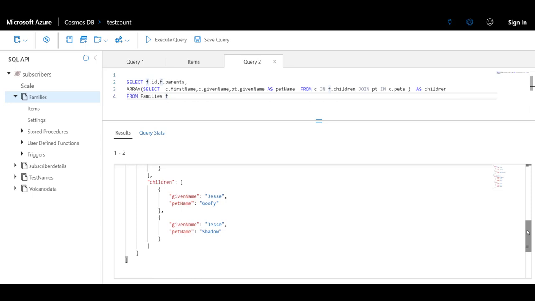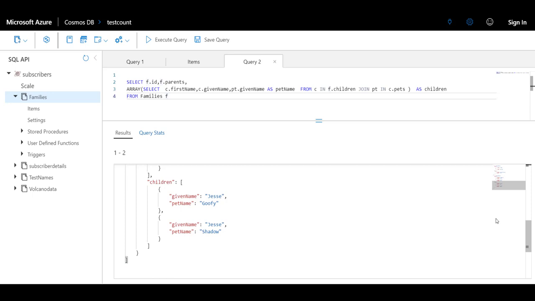So in this case, we are actually flattening out the nested pet details within the children and bringing them as flat nodes. Each node consists of the value pair of the child's name along with the pets that they rear. The usage of the array function in this scenario is to bring the list of nodes returned by the inner query as an array and to attach it with each row of the external query. So this query should give you an idea of how subqueries are used inside Cosmos DB SQL API so as to get related nodes as an array and return it with each row of the external query.